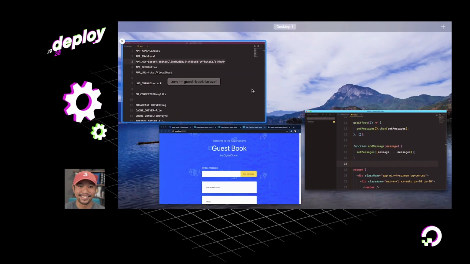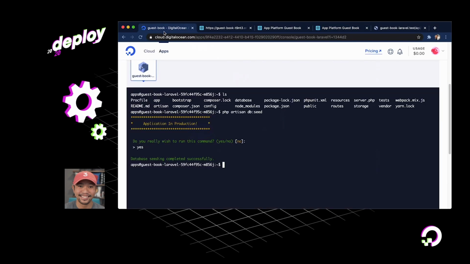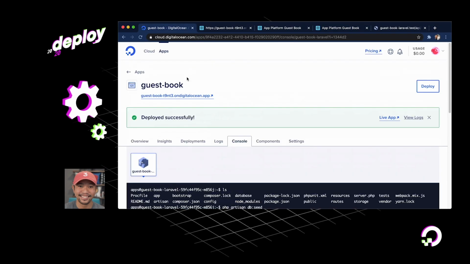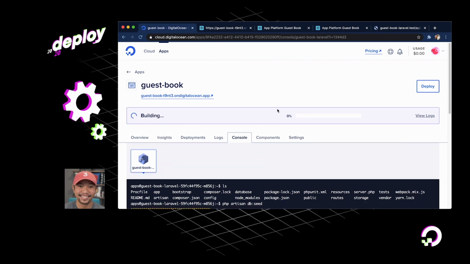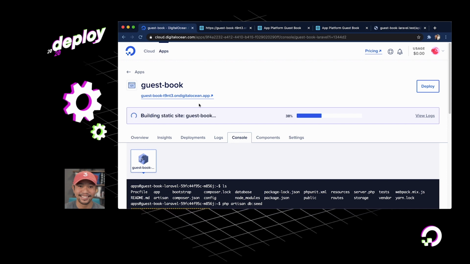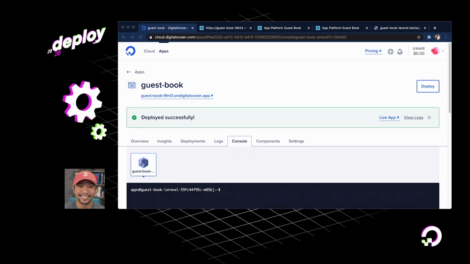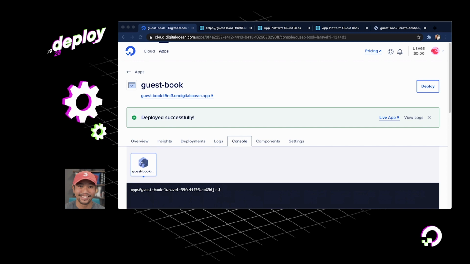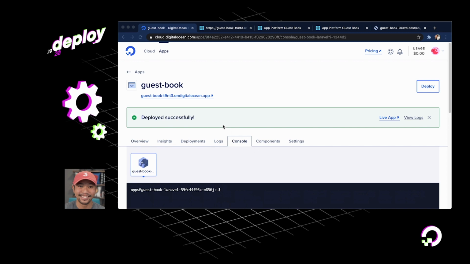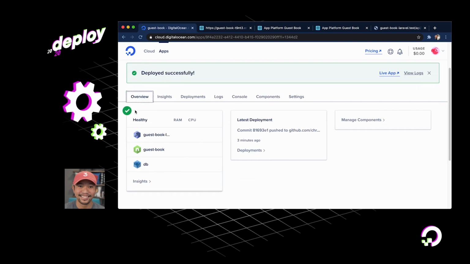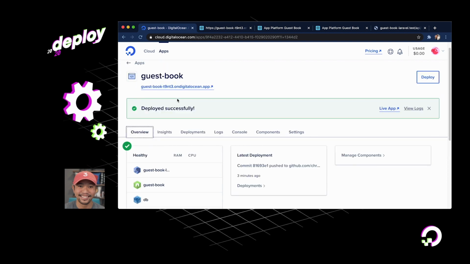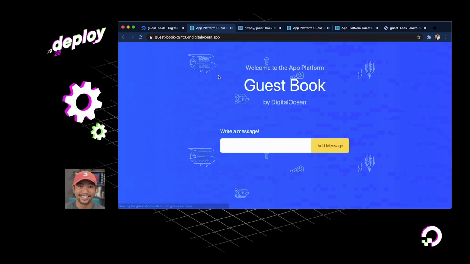And then we'll go back over to our DigitalOcean App Platform dashboard, and we'll just go up here. And there we go. Immediately we start to see the building process because our app is being built, all based on a GitHub push. Our React app has deployed successfully thanks to that GitHub push. And if we go to overview, we should see everything working out just fine. Everything's healthy. All right, let's go see our app again, see if we can't get any messages.